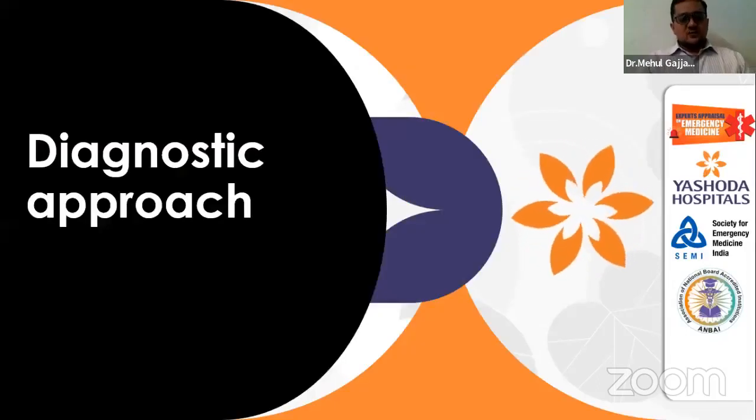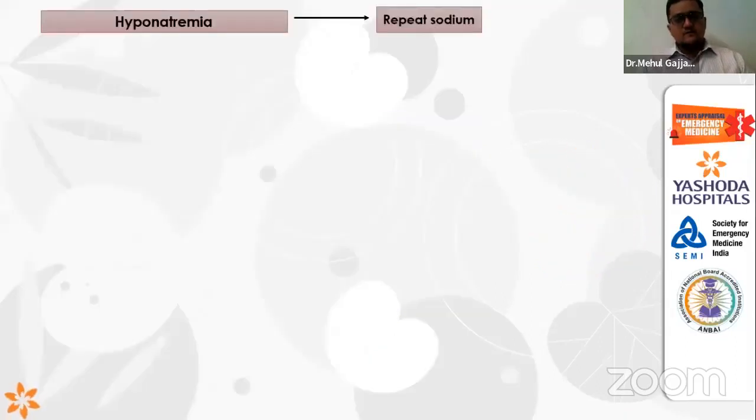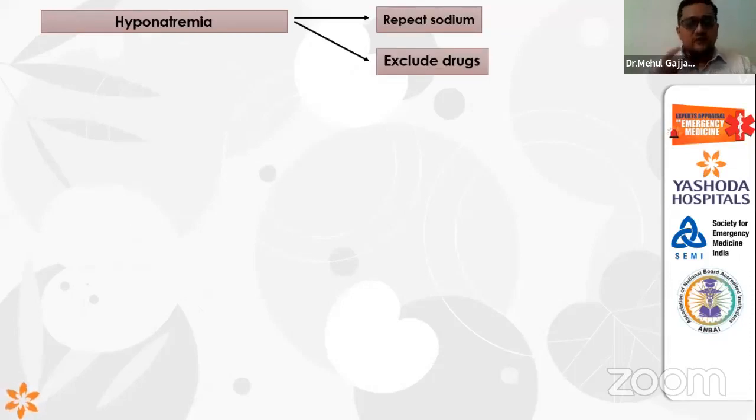Coming to the diagnostic approach, the first step in case of hyponatremia is to always make sure that it is a true hyponatremia. Always recheck the sodium level and make sure that there is no margin for error or any laboratory error. Once you have confirmed that the levels are right, the next step is to exclude drugs. There is a very large number of drugs which can change the sodium level by various mechanisms,